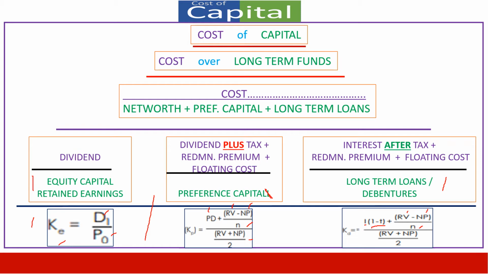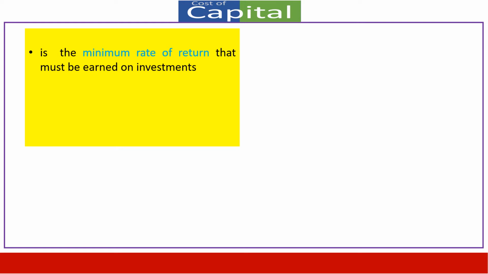So for cost of capital, we have components, and each component is computed differently using different concepts, and when they are put together in a systematic way, they form the overall cost of capital of the company. Conceptually, it is the minimum rate of return a company must earn. Simply put, if you borrow from the bank at the rate of 10%, then that money, when used in the company, should minimum earn 10%. This is the cost of capital, the minimum rate of return, and that is expected by the investors also, because we are supposed to earn more than what is supposed to be paid, and that will make ourselves happy and also our investors happy,